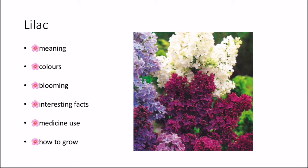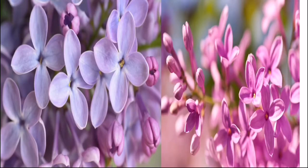And the lilac blooms from April to June if the weather is cool, and having warmer weather can make the blooming season shorter by a few weeks, but it does depend on the lilac variety as to how long it will bloom for. Some interesting facts about the lilac is that it's traditionally given as a gift to graduates,